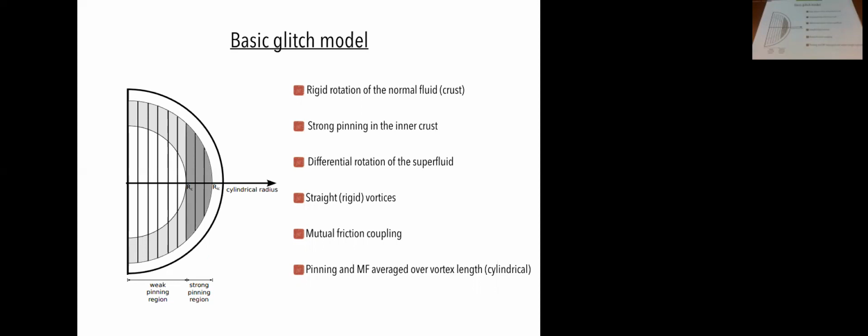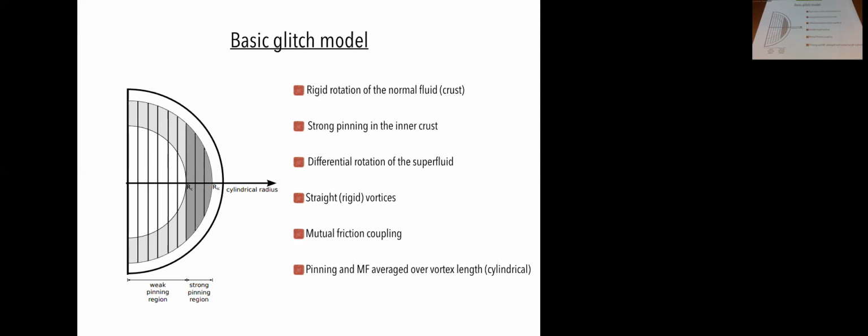The point is that it's not pinning only at the edges; you have pinning sites throughout. Here, I guess, this is out of scale. In reality, the crust is quite thin. So these vortices in here, you could see them as pinned by the edges, maybe, so it wouldn't be exactly straight like I've drawn it. You would expect it to align. But these ones thread through the strong pinning region. Just geometrically, these are pinned up here, so it's going to be weaker, but these ones are pinned throughout. So I think this is where the strong pinning is.